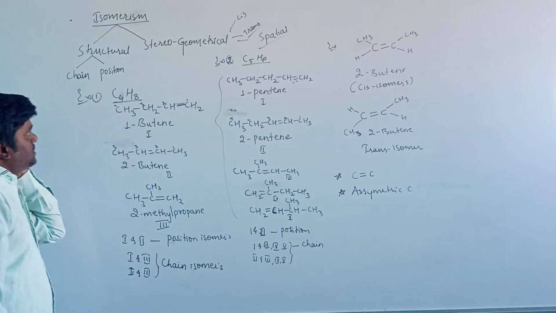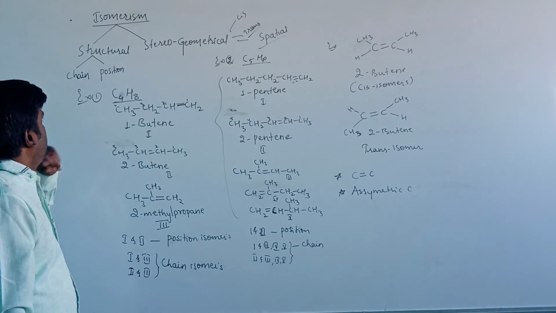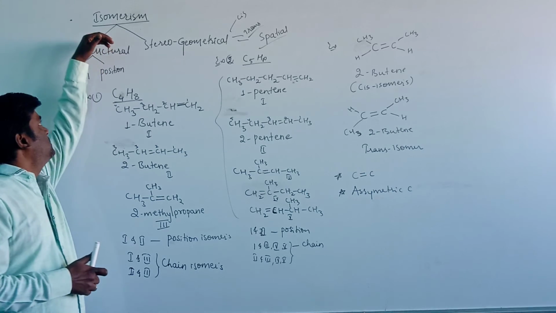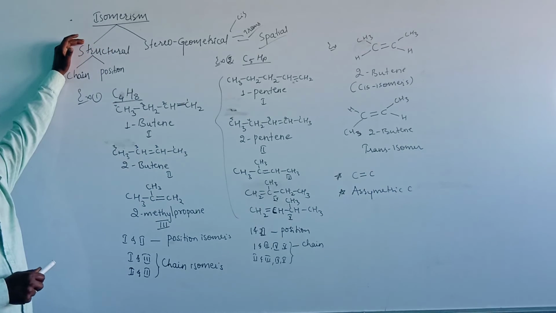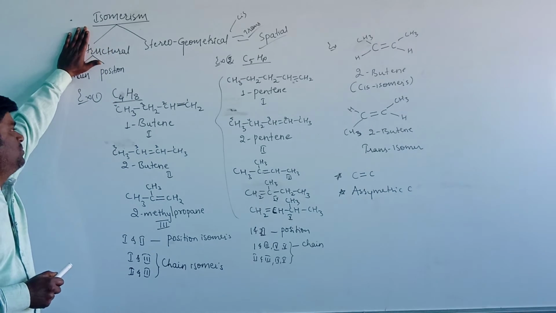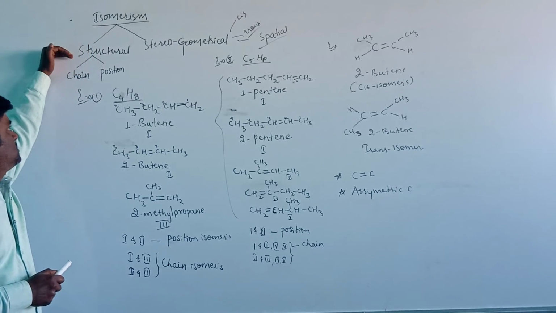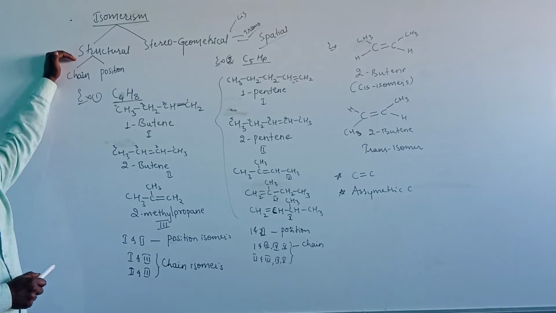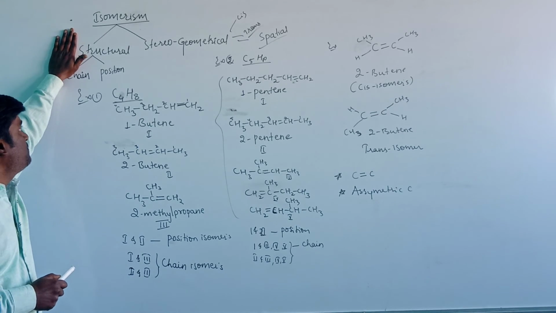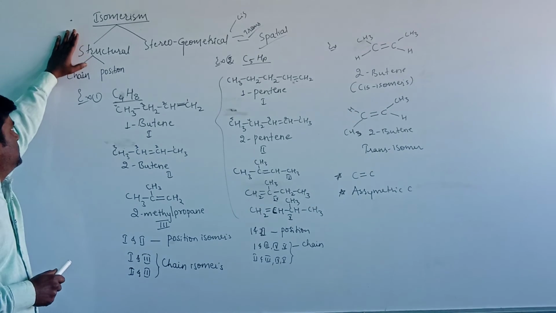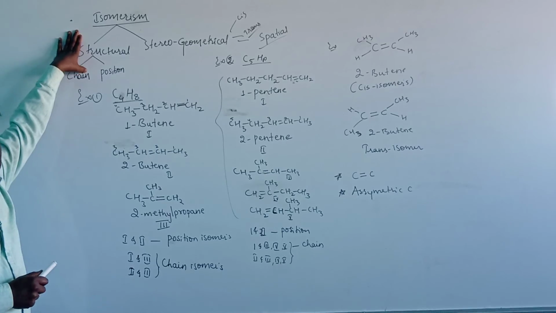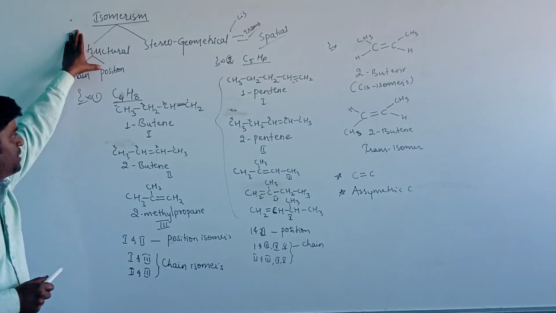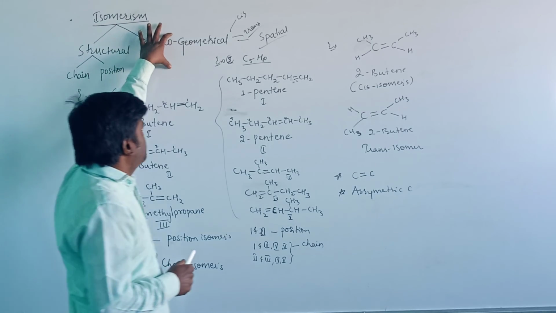In today's class, we have discussed the isomerism of alkenes. The first one is it will show structural isomerism as well as geometrical isomerism. Structural isomerisms are mainly two. Chain isomerism and position isomerism are shown with the alkenes. These differ by the number of carbon atoms in the parent chain and these differ by the position of the double bond.